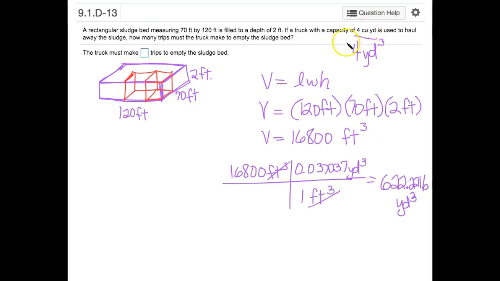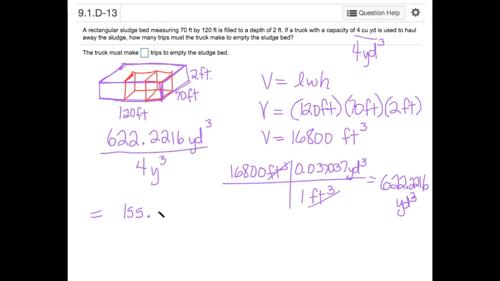And now, in other words, the total volume of this sludge in cubic yards is 622.2216, and then we want to divide it into these little 4 cubic yard sections that we're going to put into the truck to haul it away. So how many trips will it have to make? Well, it's going to take one of those cubes away each time. So if I divide it by the capacity of the truck, that's going to tell me how many trips it's going to have to make. So this comes out to